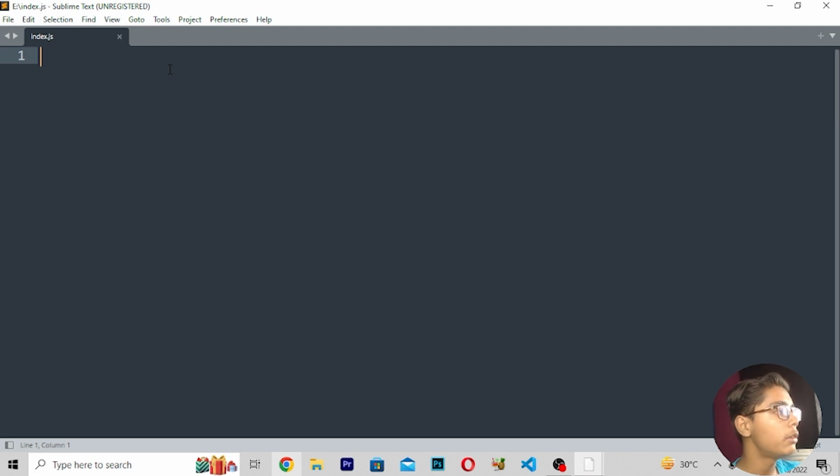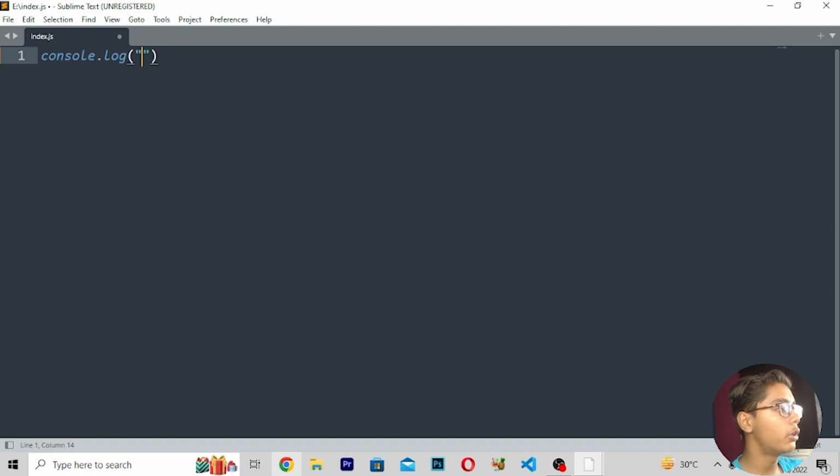First of all we'll be learning about syntax, how to write syntax in JavaScript. The main syntax of JavaScript is console.log, which you all know because previously I've written this tag many times. This is the console.log tag, in which we write all this code. If you want to print anything, like we use the print tag in Python, console.log is the print tag in JavaScript.